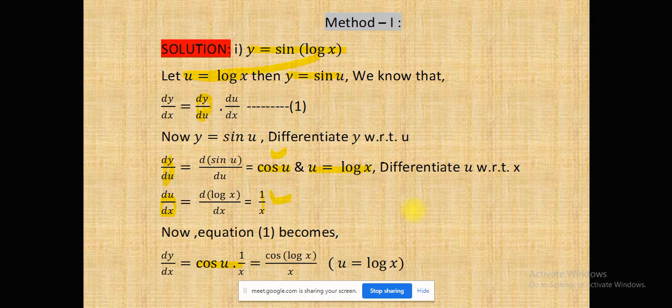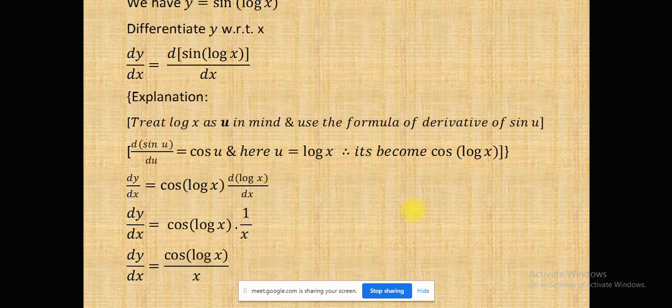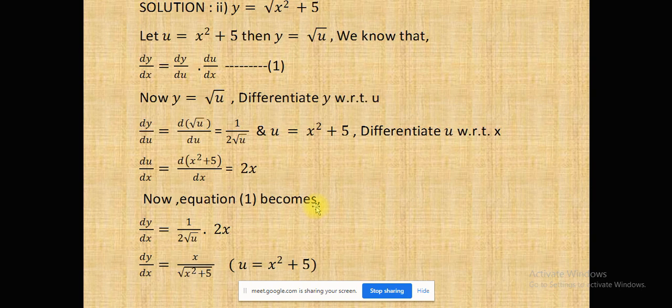Okay. Now, what was another method? This is what we have seen last time, the inner outer function method. You don't have to write separately what is u, or what is y in terms of u. All you need to do is first find the outer function and its derivative. Here the outer function is sin x, so the derivative of sin x is cos x, and the inner function is log x. The derivative of log x is 1 upon x. I know that this is an easy method, but you should go through this once again. Okay, so bear with me.